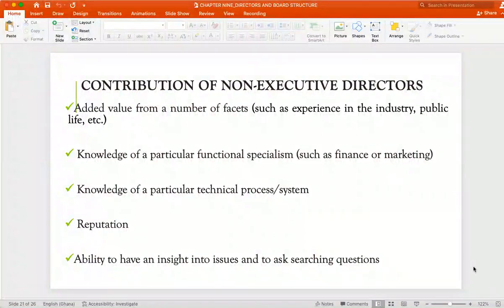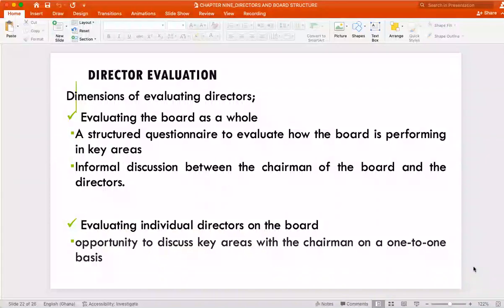Okay, so if things are not going right and you can't ask questions to get answers that are satisfactory, then you have no business being on the board in the first place. Okay, so if you just go there and be saying yes sir, or lack the confidence to ask questions that are supposed to be asked, then you have no business going on to company boards. All right, don't just go there for the money, because as you said, it also comes with consequences.